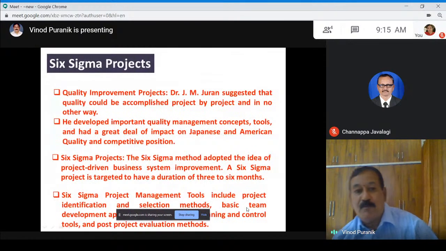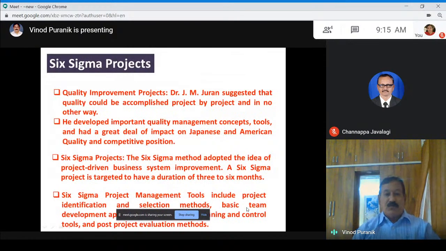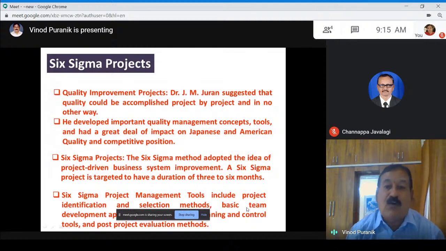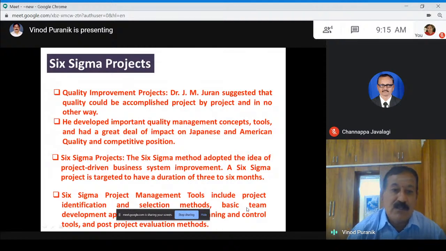So these are the Six Sigma projects, what I just want to start with. What is Six Sigma, and how Juran was the pioneer in talking about quality projects? Is it not? So he developed very important quality management concepts and tools, with a great deal of impact on Japanese and American quality and competitive positions. So when you look at the Six Sigma projects,